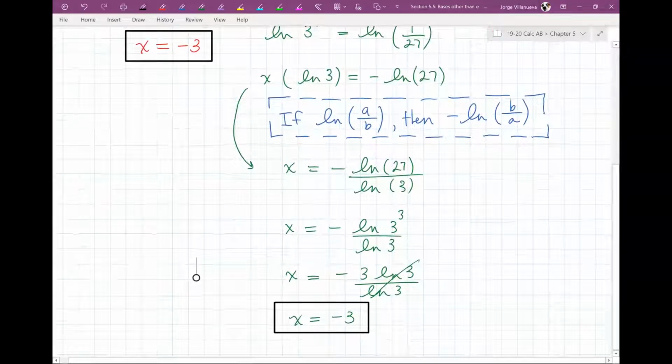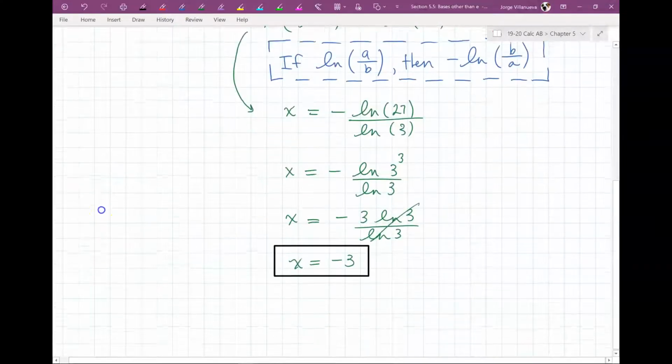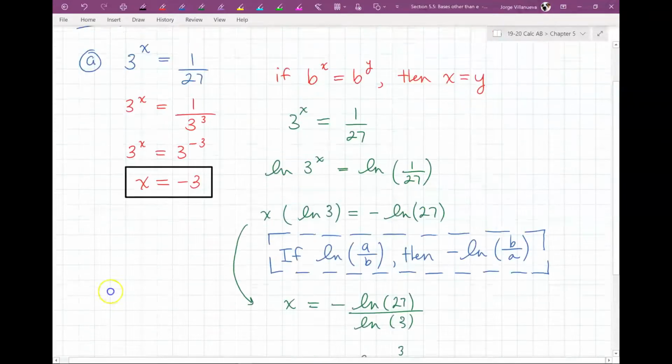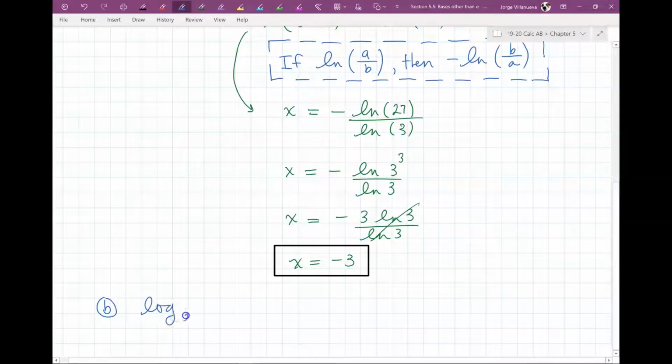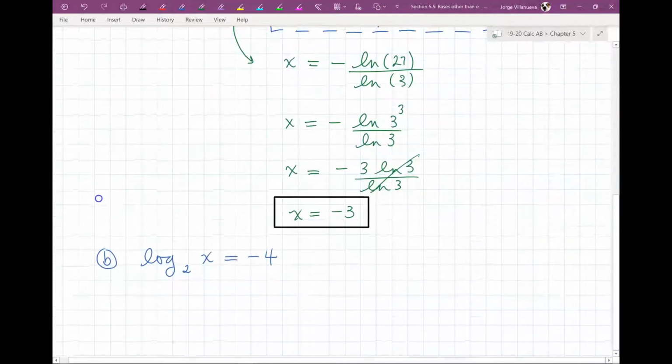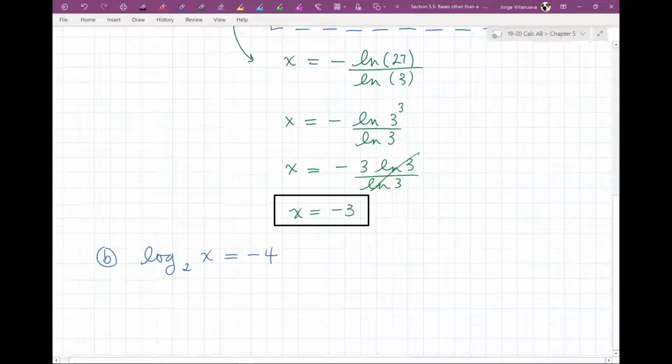All right, now let me give you another example. Part B. I think I called that part A, right? Yeah, I did. So part B, log base 2. So this is a log, not a natural log, but a log base 2 of x equals -4. Now, remember how with a natural log, the way you get rid of a natural log, we use